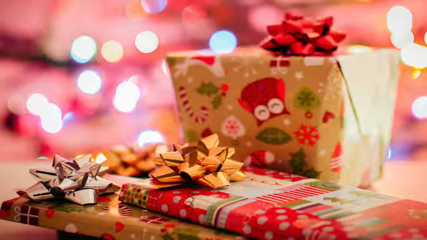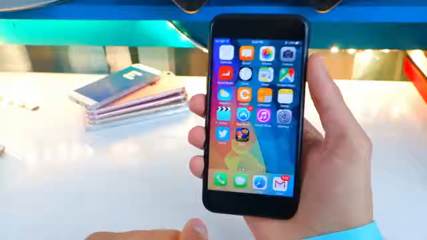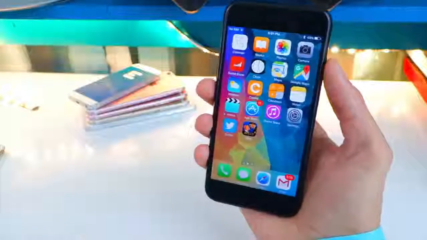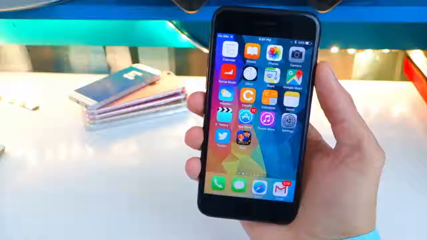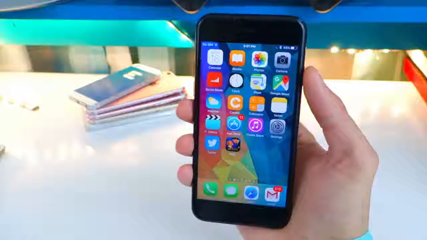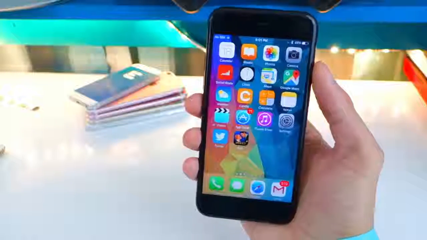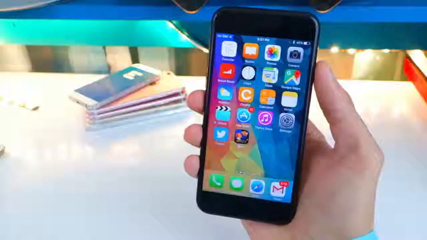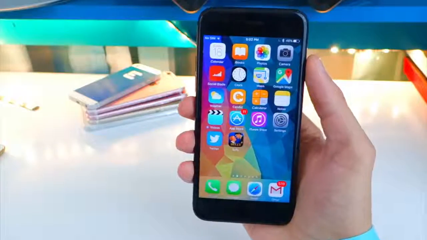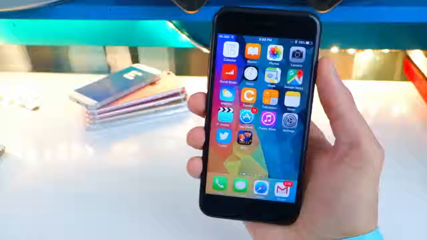It may be here this holiday, which would be really cool. A perfect Christmas gift, a jailbreak. That would be perfect. But usually jailbreaks nowadays just drop out of nowhere. We may or may not see a jailbreak this holiday. It definitely would be nice. But again, judging from past experiences, these jailbreaks just drop out of nowhere. There's no release date, nothing like that. They don't mention anything. And then boom, out of nowhere, a jailbreak just drops out of the sky